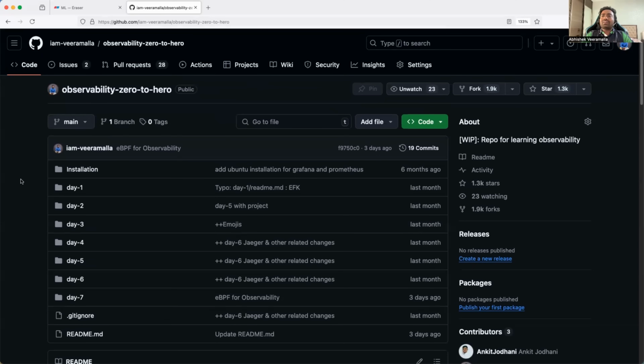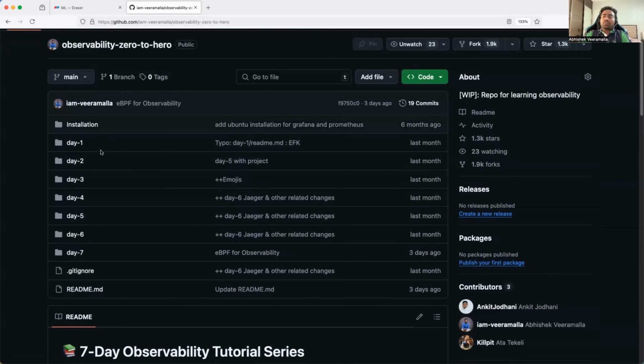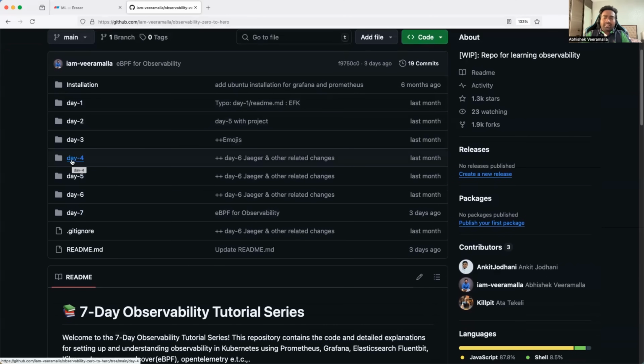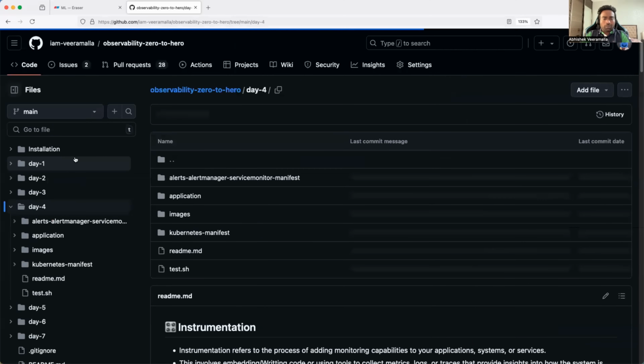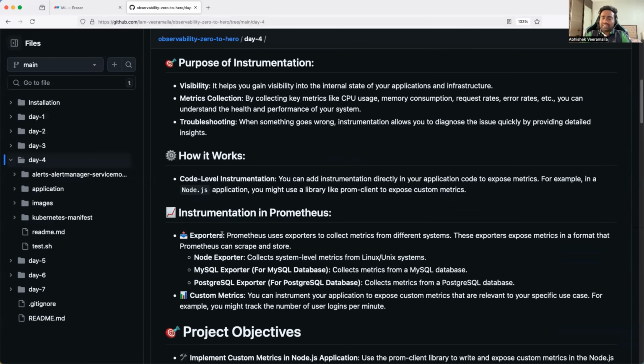Okay, now Abhishek, where can I get notes of this series? So you don't have to go to any other place. The notes is shared in the GitHub repository. You don't need to download it from internet, or you don't need to go to the Telegram channel. The complete notes right from day 1 to day 7 is shared in the day-wise folders. You can go to a particular day. Let's say you go to day 4 and you can see the complete theory part that is explained in day 4,